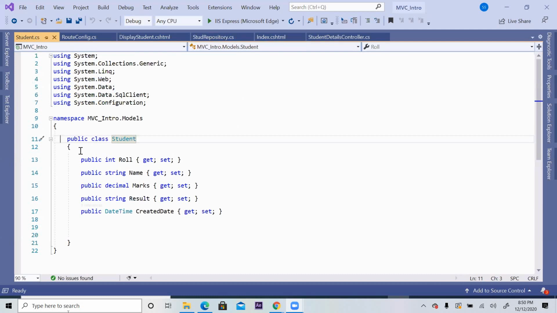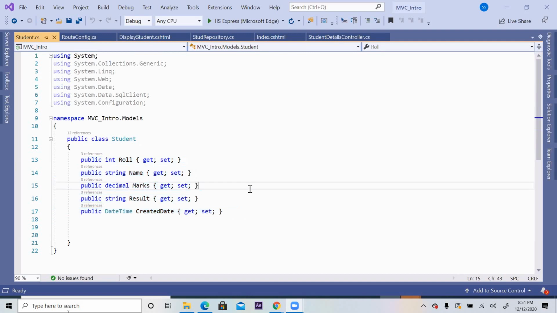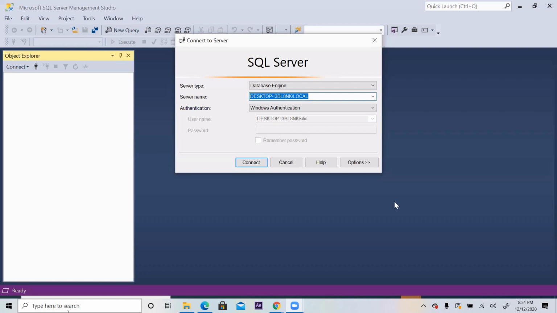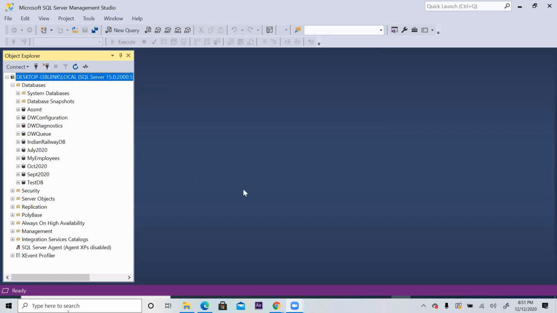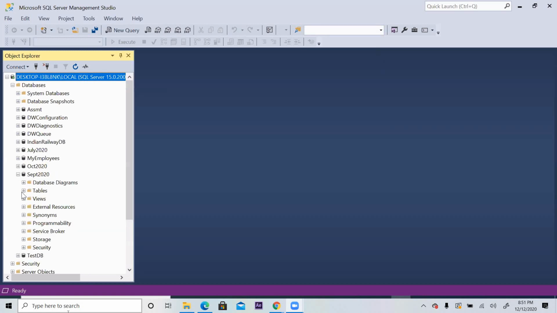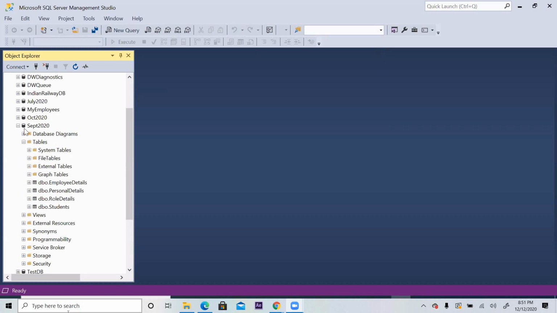Our model this time is this. So for fetch and display we have already used this model. So for create also we will use this model, the same model. What insertion are we doing? The same one we are fetching and displaying. So every time there is no need to create a different model. So using the repository, how to do CRUD operation. That is the topic we are learning now. Our database is September 2020. Oh, October 2020, right? I don't know where we created it.